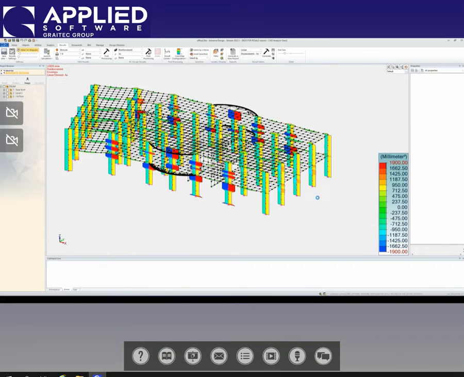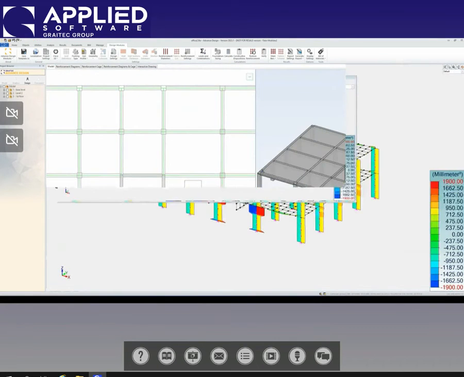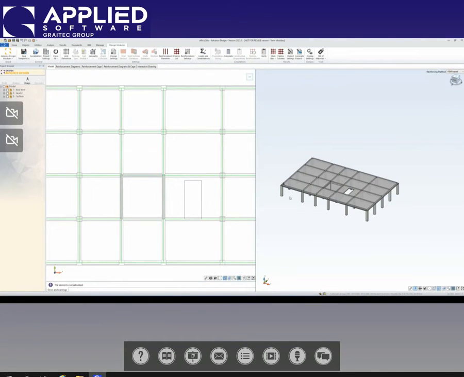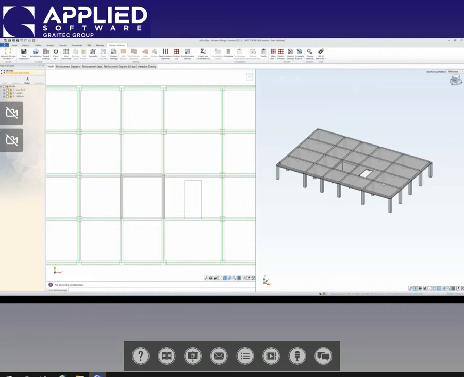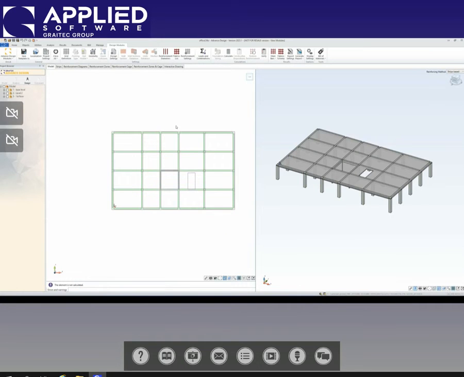There you go. So this is going to be my slab, and as you see, I have all of the openings also imported in design modules. So now we have two options. The first option is the reinforcement design based on finite element method, and we also have another option which is called the strip method. So we have both of them. In this case, I will use strip method because this is mostly used in North America. So we go to strip method, and now we will have control on our strips. So if I go to strips,